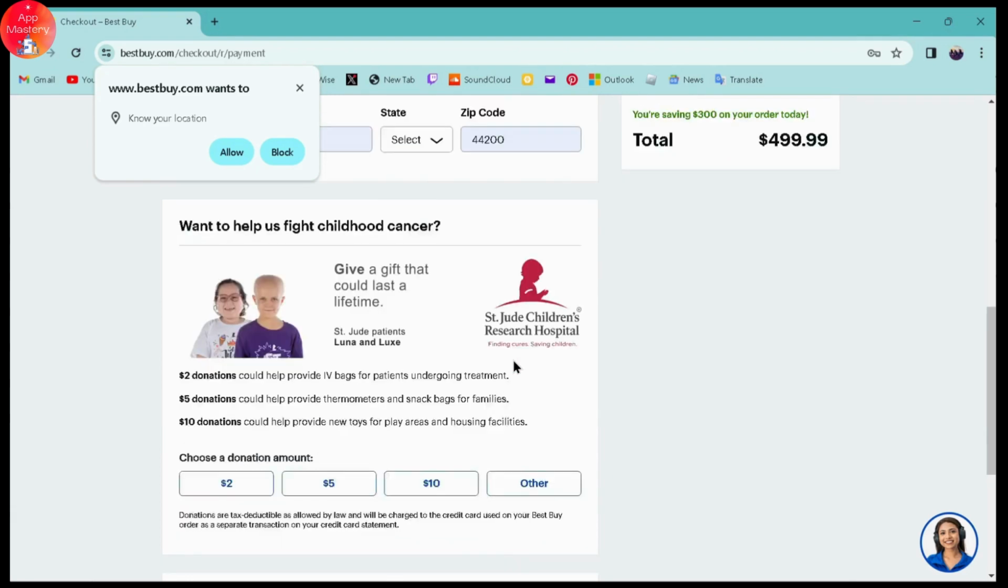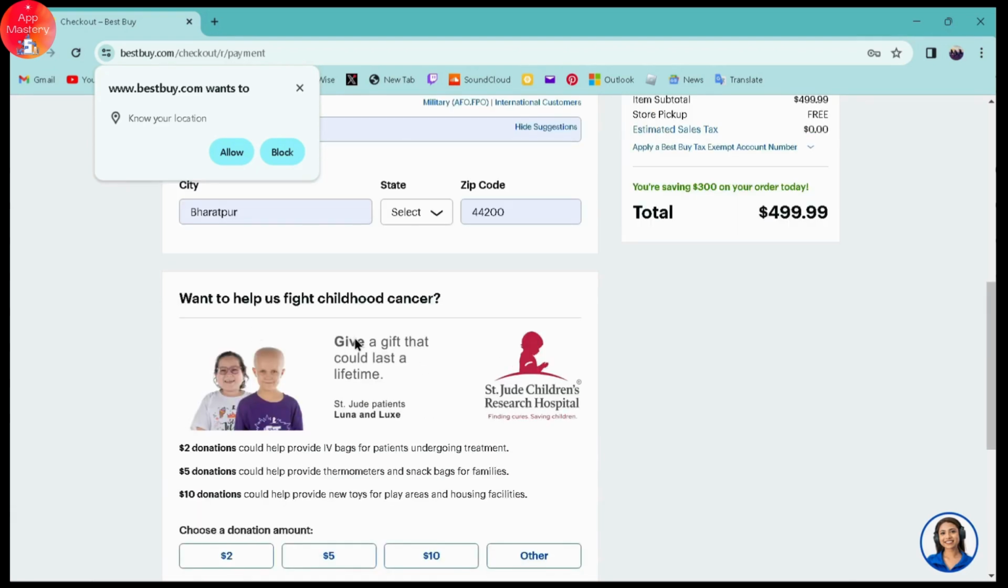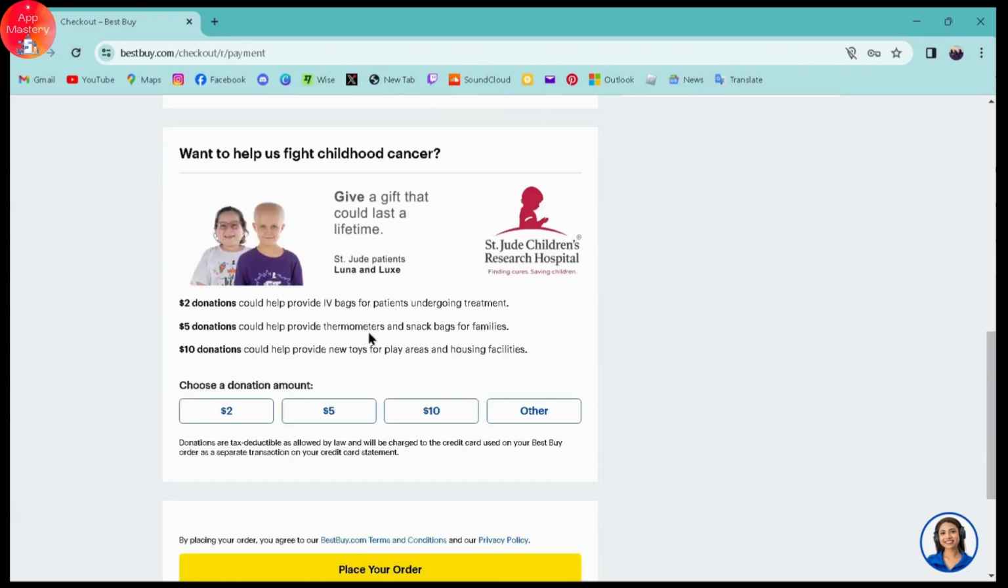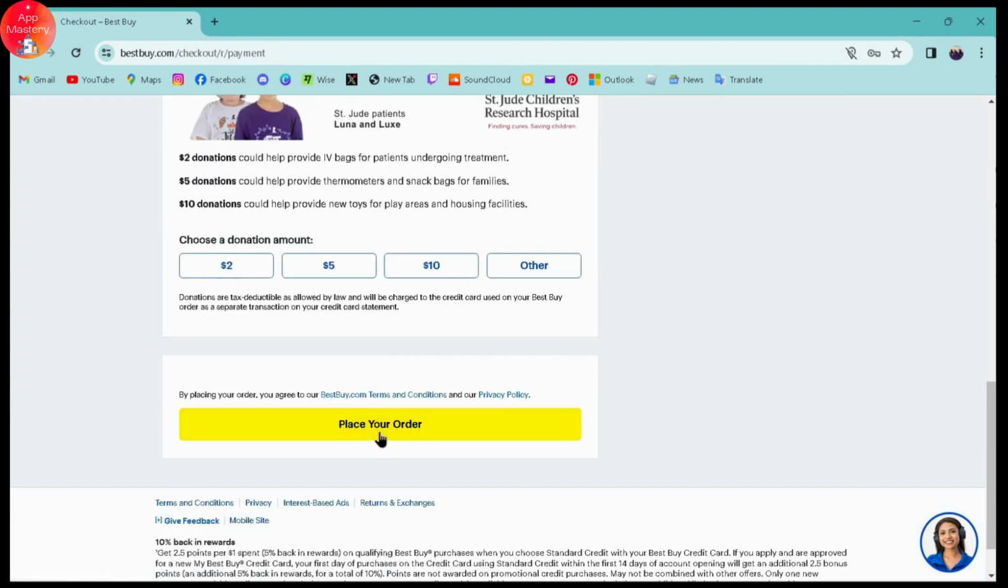And once you enter all of this information, you need to scroll down, and here if you want to donate something to the cancer patients, then you can donate it, and you can click on place your order. And once you place your order, it will be delivered within the given time. So that's it. That's how to place an order on